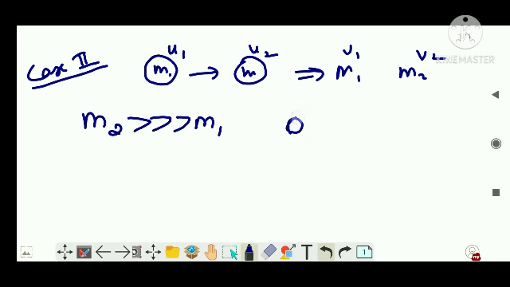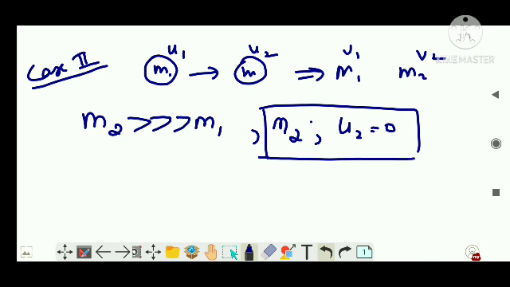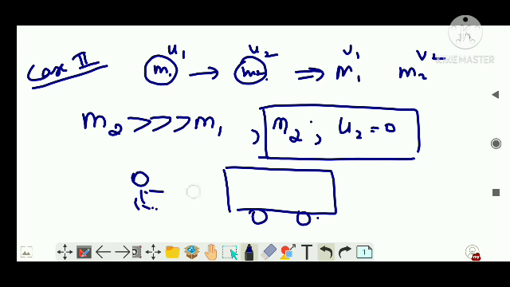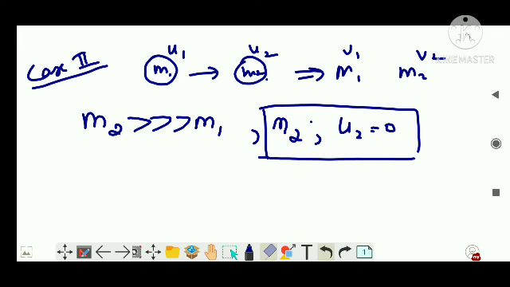Let's say this is you running, that's a better way of thinking, right? And let's say m2 is at rest, that is, u2 is equal to 0. Don't write m2 is equal to 0; m2's velocity is 0, meaning the second mass is at rest. This is just like the scenario where you are running, and there is a huge lorry before you and you go striking it. What happens? Would the lorry move? No. That's what we are going to find: what will happen to you and what will happen to the lorry.